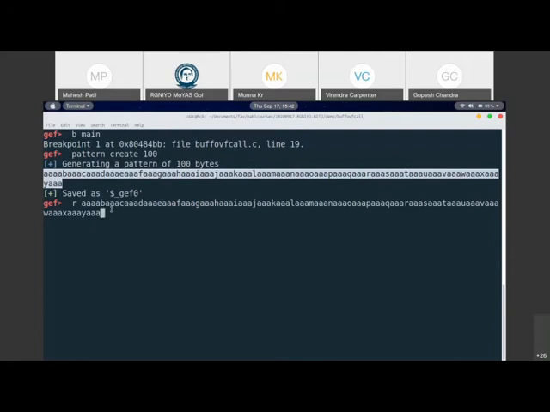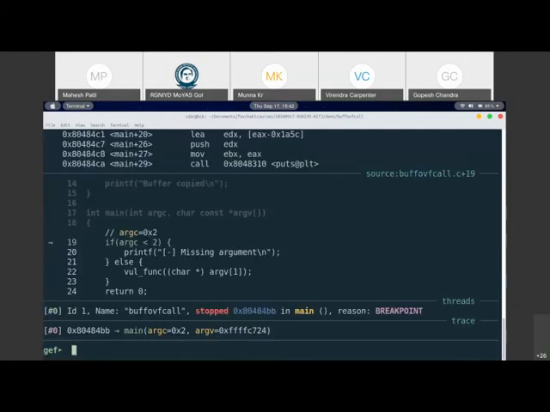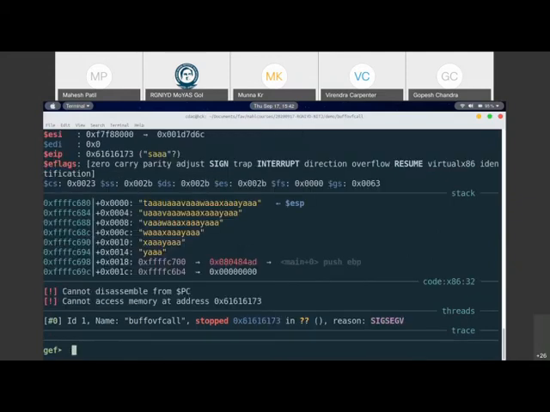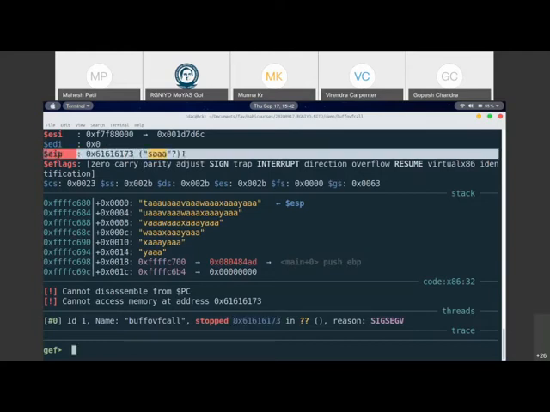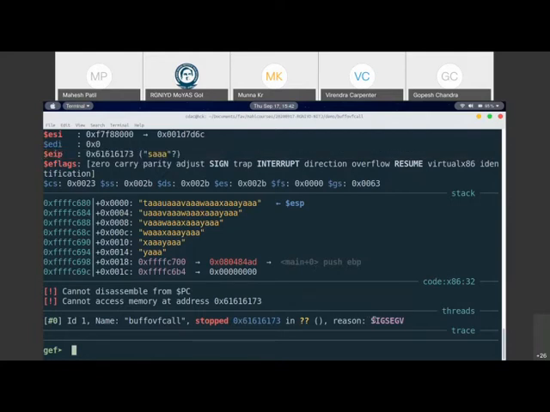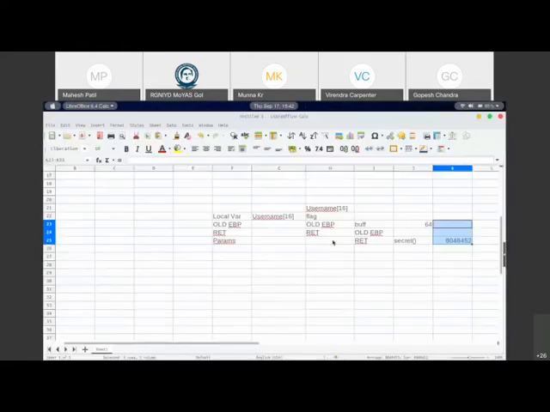So this is 100 bytes, and definitely the program is going to crash because of this, right? So you see that when I run the program, it stopped at main, and then I continue the execution and it stopped. You see that it says that the buffer overflow program stopped, and it stopped at this address, which is nothing but the address in the EIP. And we discussed about EIP, which is nothing but the instruction pointer, right? And it's a segmentation fault, so it crashed the program. We want to find out that. So what essentially has happened is we took that big buffer, whatever was generated by the pattern creator, and it wrote some data into the return address.